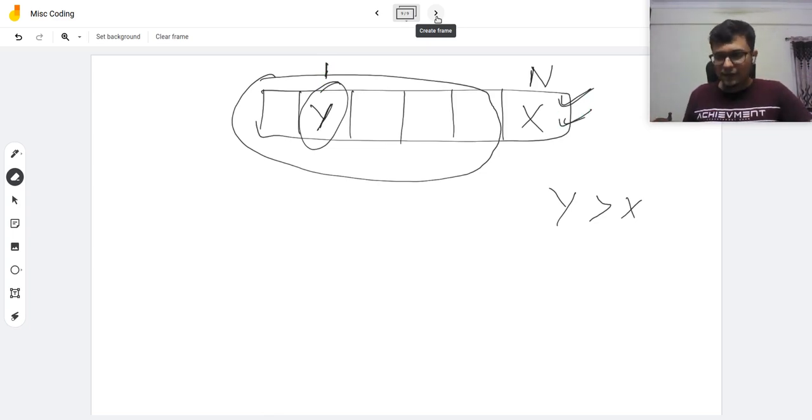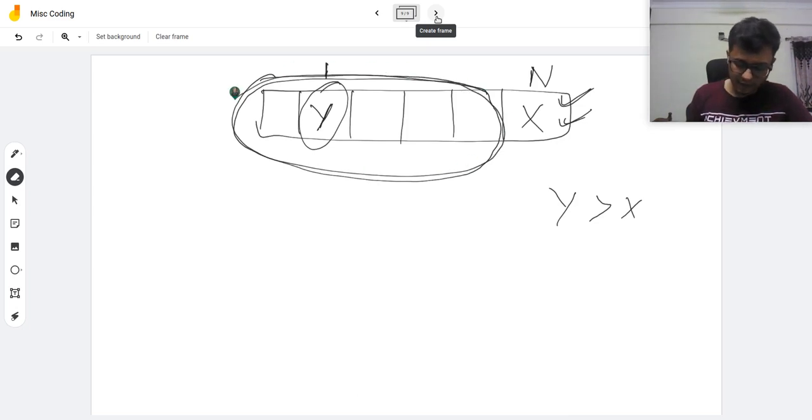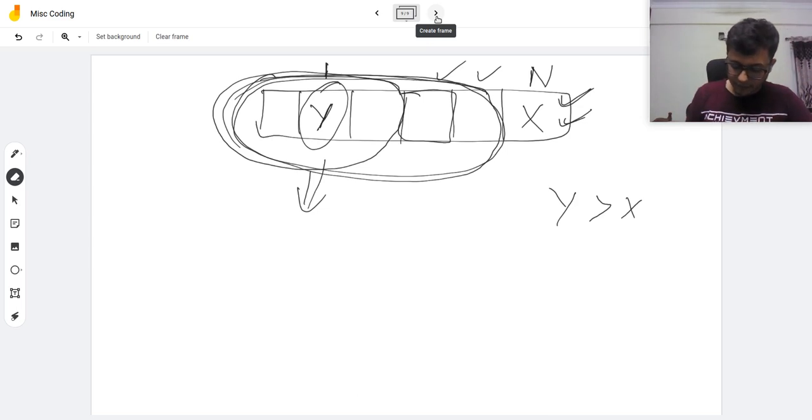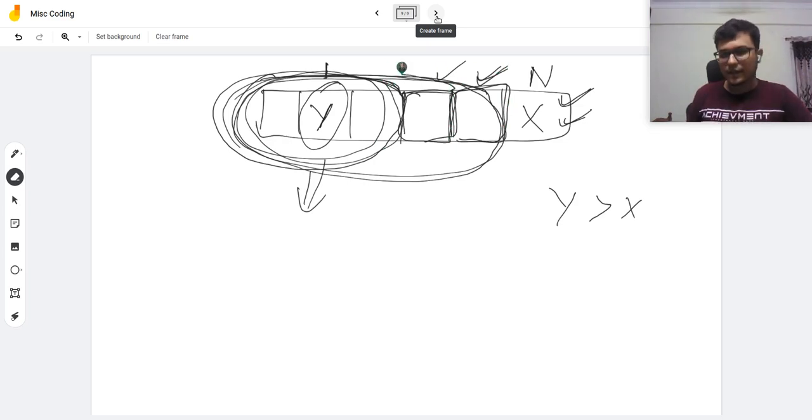So what we need to ensure is that for all the left elements, regardless of which person we are talking about, whether this one or this one, all the persons sitting towards the left of it, we need to find the max element out of that, right? So essentially we should have the max of all the prefixes, and that is what prefix max is. For this person, it should be the max of this entire prefix. For this person sitting over here, it should be the max of all these numbers, and so on.